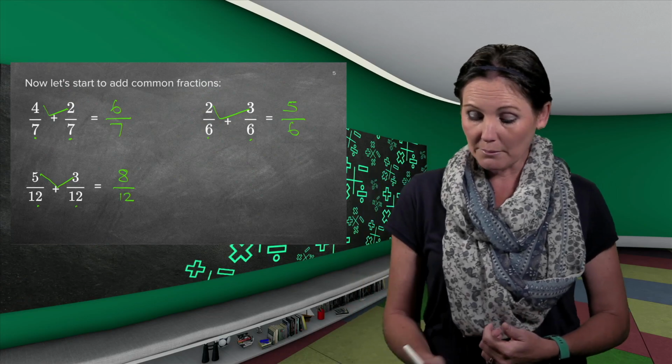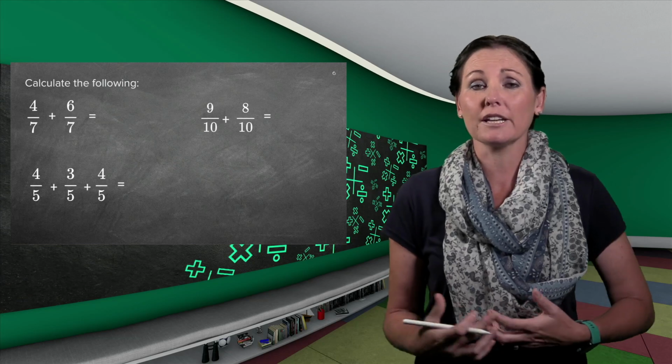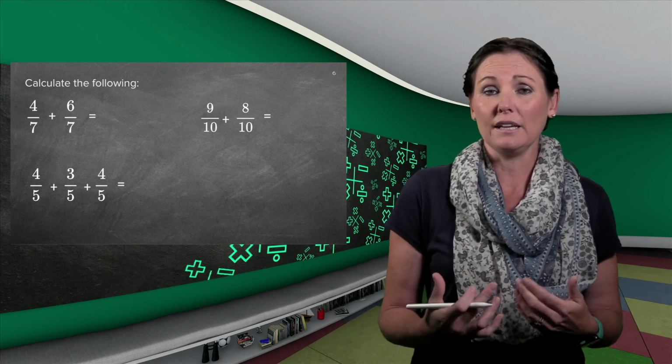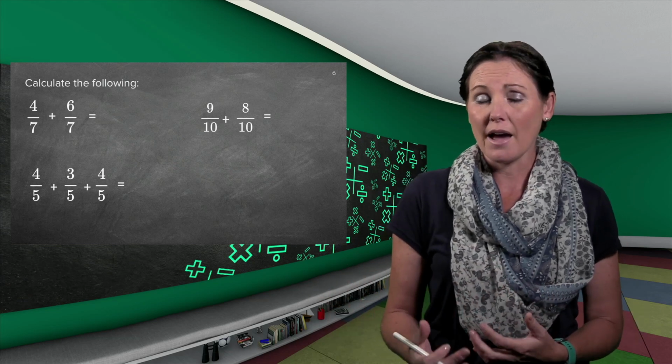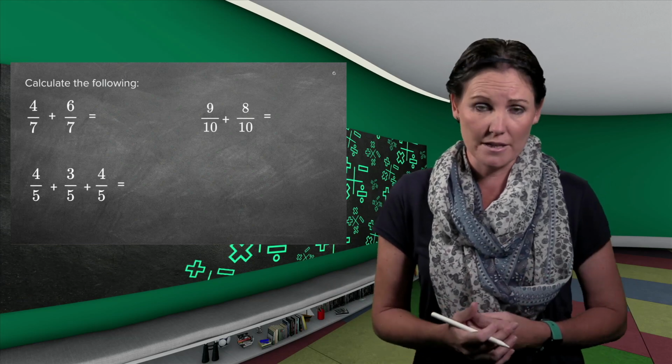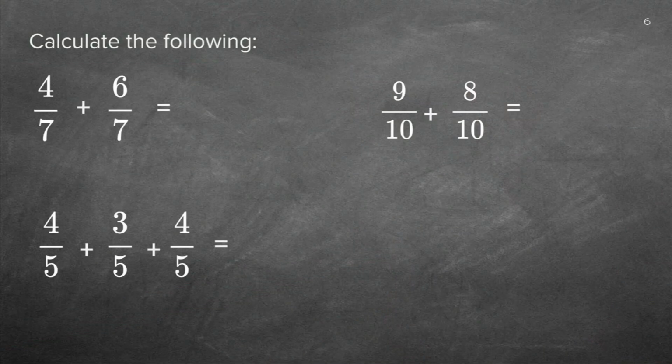Now we're going to do some addition where I'm going to get for my answer an improper fraction and I have to write it as a mixed number because we don't like it if our numerators are bigger or larger or greater than the denominator.